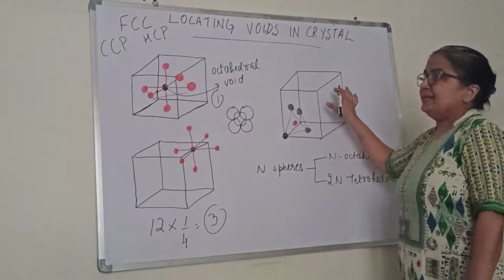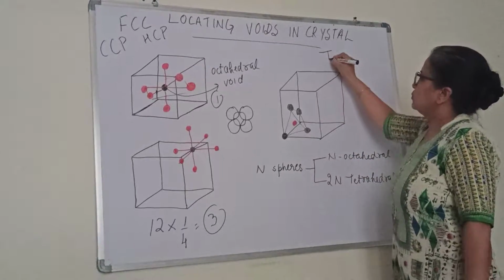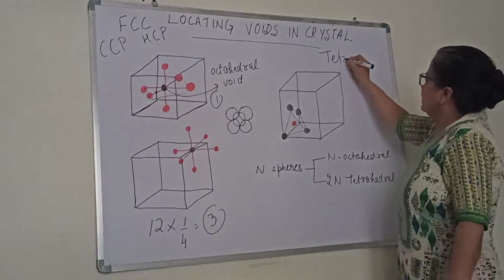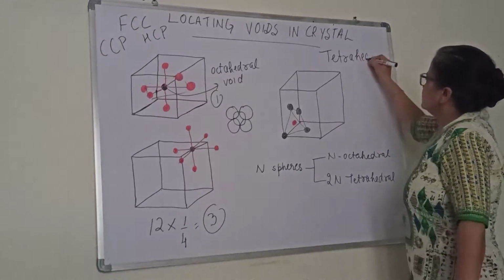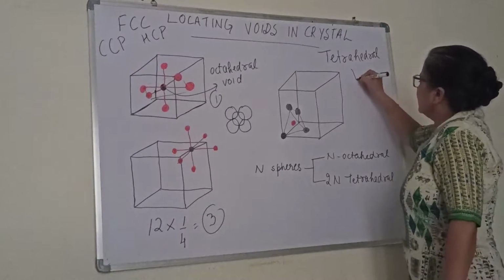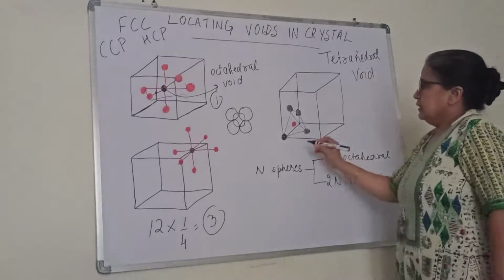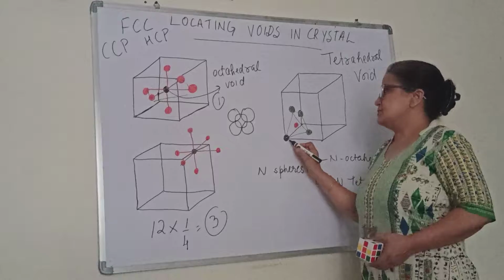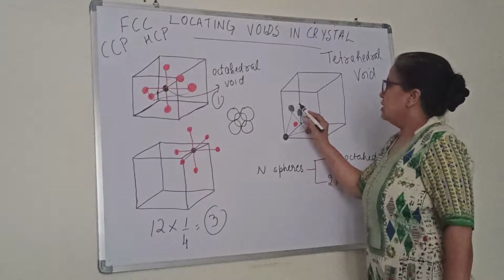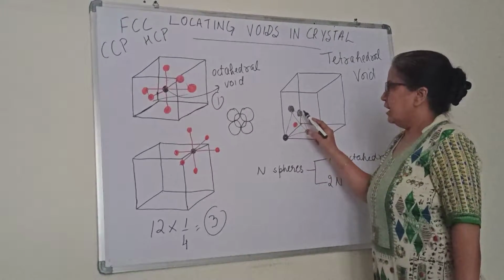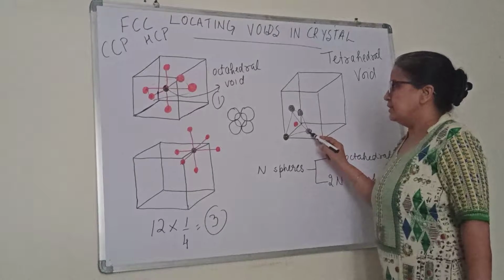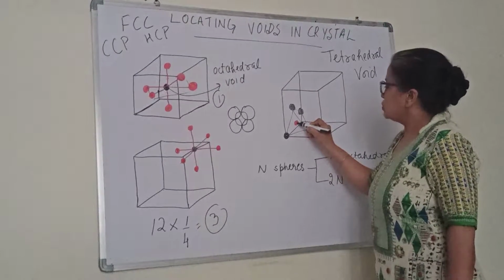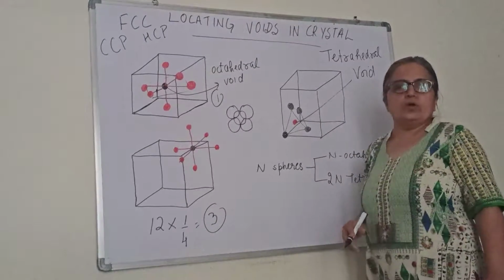How do we locate a tetrahedral void? On this side I am explaining. These two figures are to show octahedral. Tetrahedral voids, how do we show that? Now just see here. This is one corner I have taken and three faces, three face centers: one center of a face, another center of a face, third center of a face. Between these four, this is called a tetrahedral void.